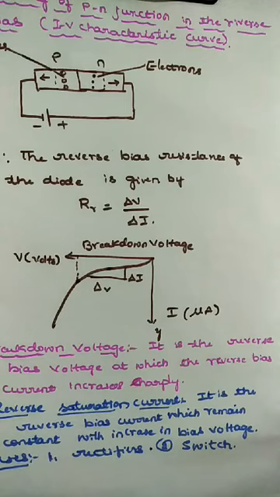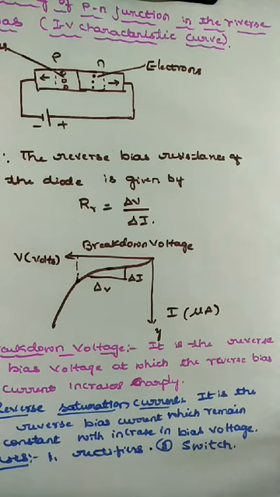In general purpose use, diodes are not used beyond the reverse saturation current region. Some special diodes like the Zener diode are used beyond the reverse saturation current region. It depends upon the doping. Here it is highly doped, therefore it works beyond the reverse saturation current region. That is also called the ideal diode.